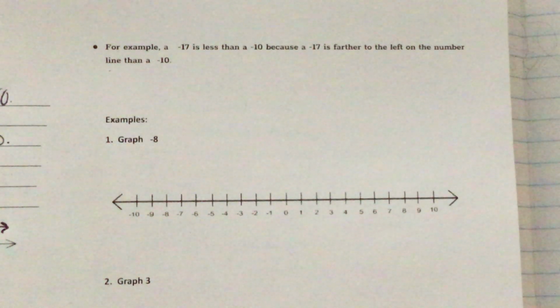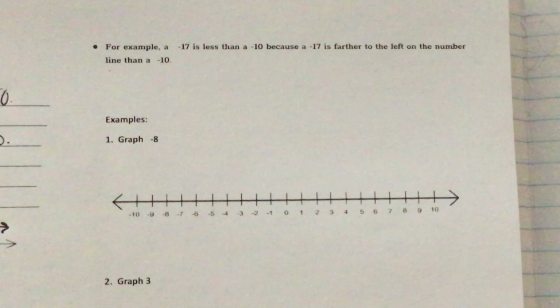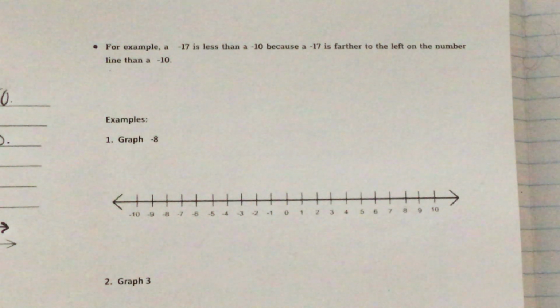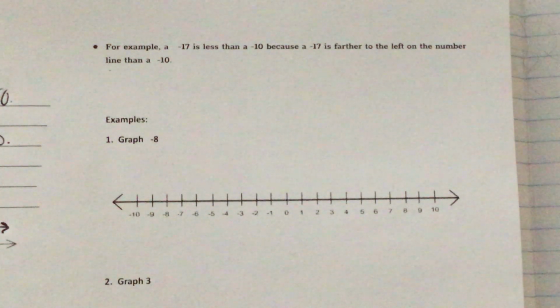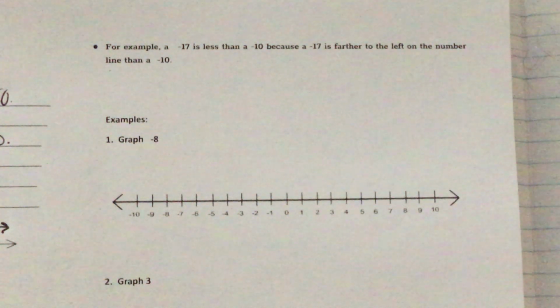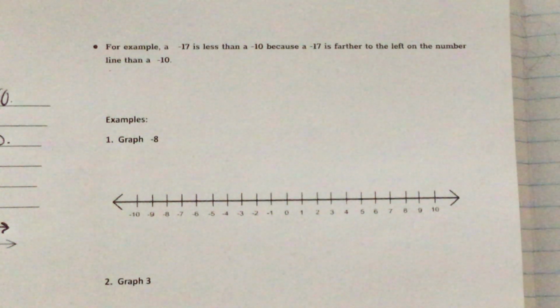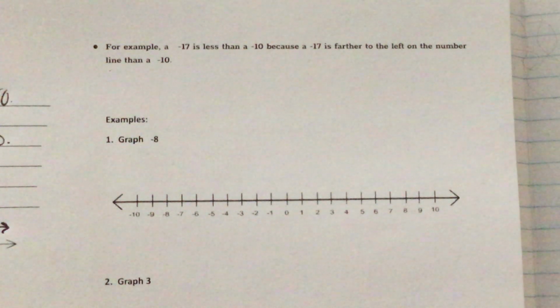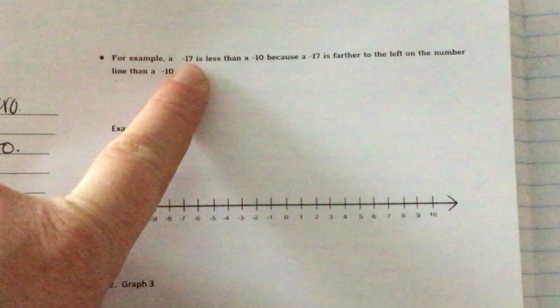And then, for example, negative 17 is less than negative 10 because negative 17 is further to the left on the number line than negative 10. So just be mindful. Even though negative